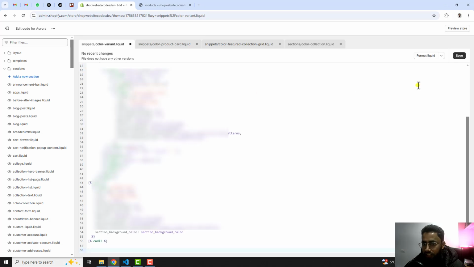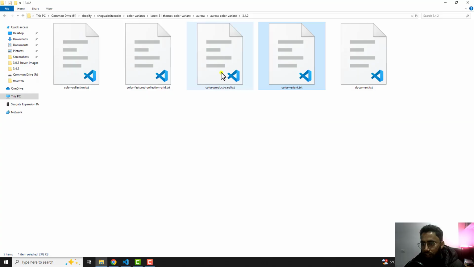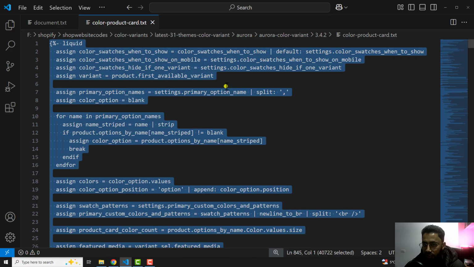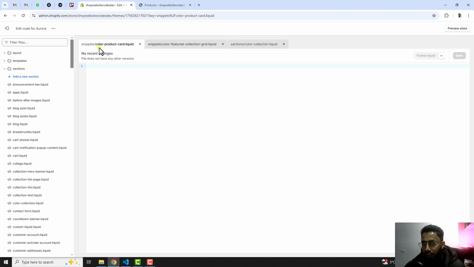So you should paste it and then click on save. Once the changes are saved, then you should close this file, go back to the attached code. Now we have the second file, which is color-product-card.txt. Open this file also, copy this code, close it and go back to this screen, and we have color-